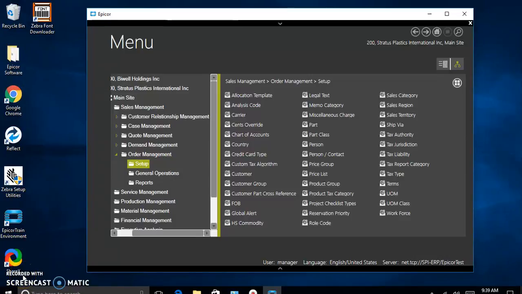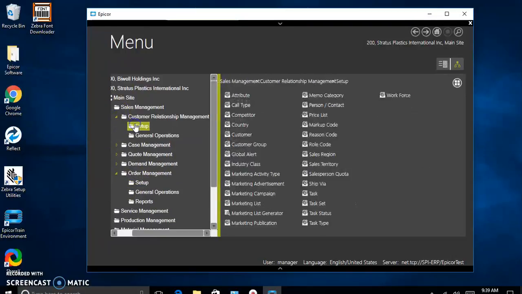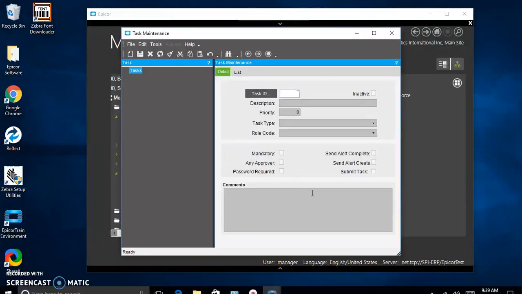Okay. All right, so if you go to customer relationship management, you go to setup, and let's go into task. All right, so basically what happens is Epic provides the capability to have task sets so that we can see,